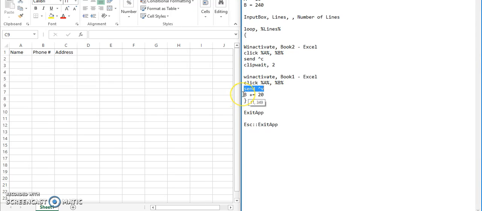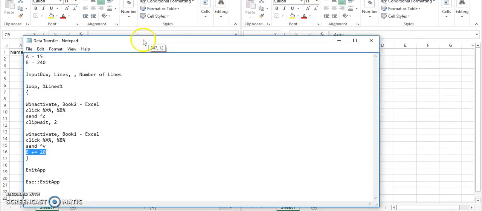And then what we're going to do is cycle through, and we're going to take our B coordinate and add 20 to it. This makes it go down from here. You can see now we're at 260 rather than 240 like before. So now we're going to go back through the loop